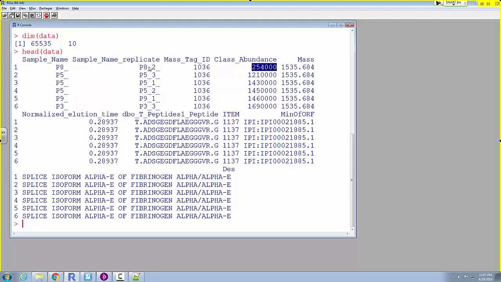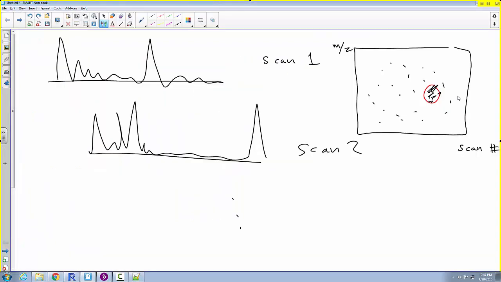Among the spectra for patient 8, replicate 2, we saw many peptides. One of them was identified by searching against a database to be that one, and the number we assigned to that one is that. Here's the mass. So after, this is called deconvolving the picture in that scatter plot. Looking at this,